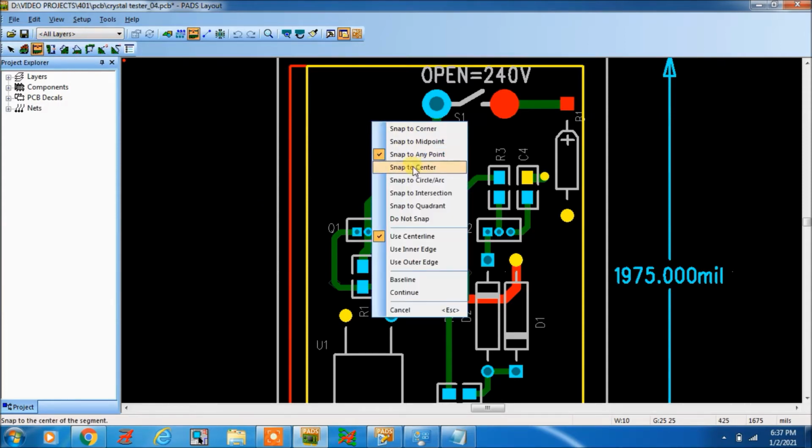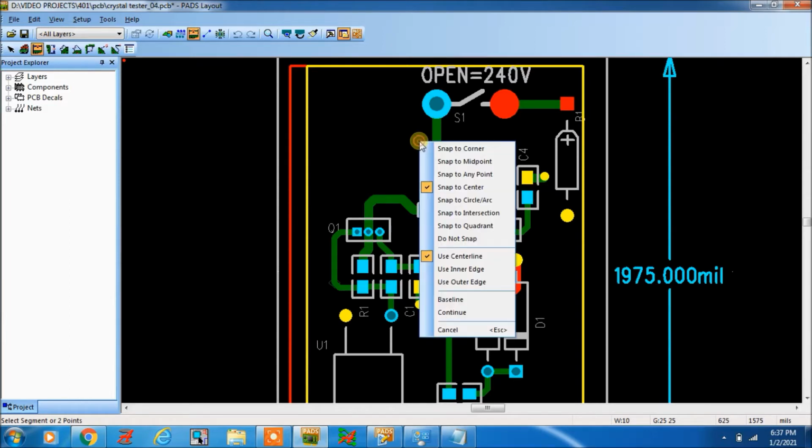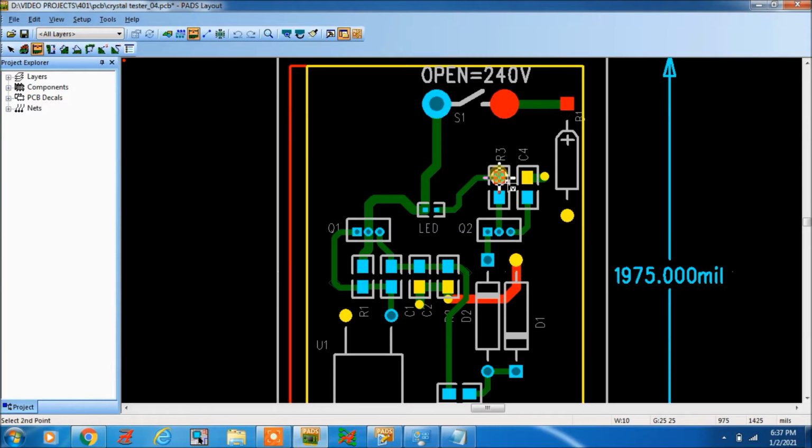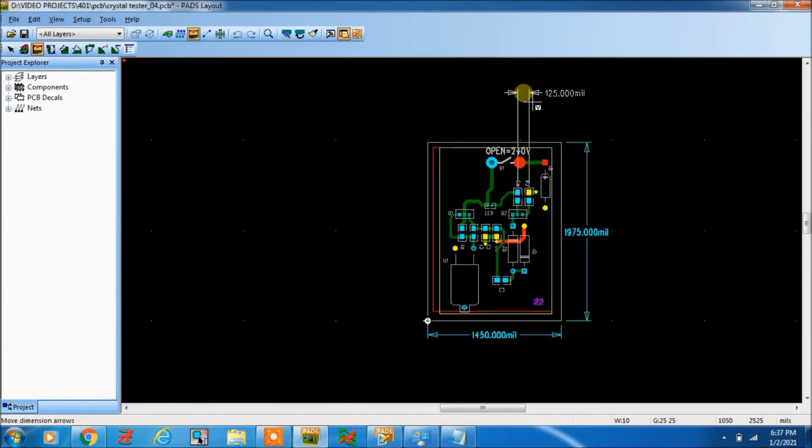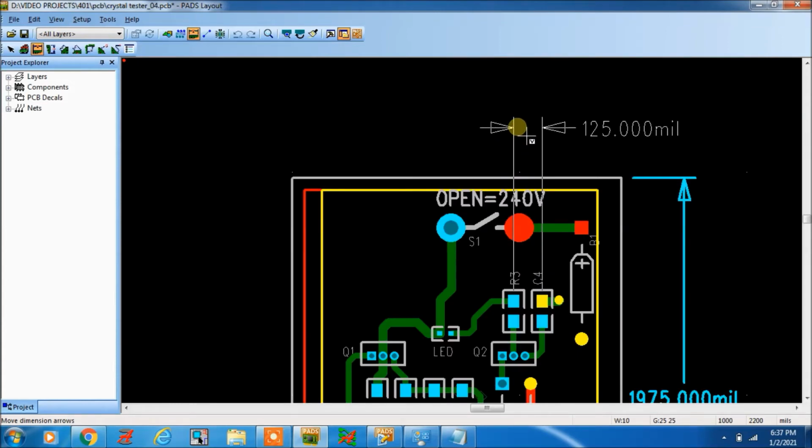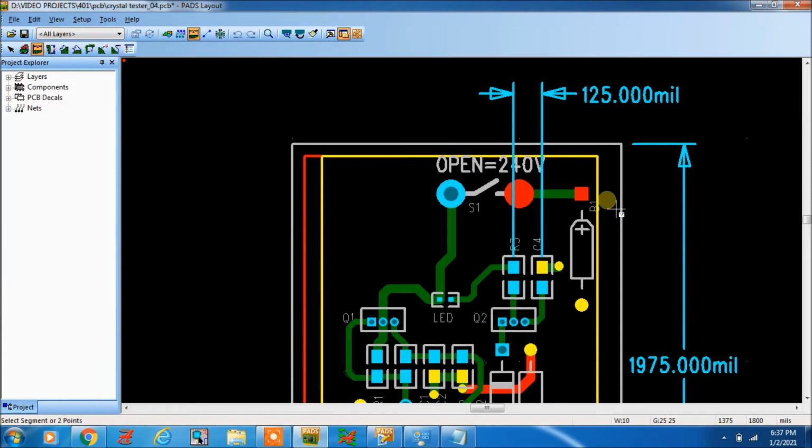See, if you want to make snap to center, just right click, snap to center, and then see here it is 125 mil. This is in mils. My board dimension is in mils, so it is coming here as 125 mil.